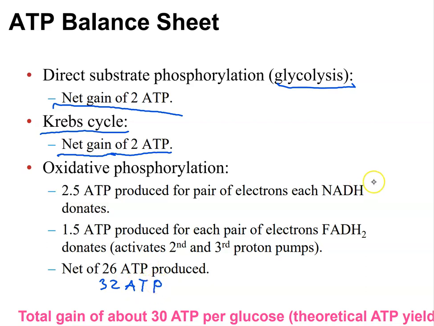We also are gaining a bunch of these NADHs and the FADH2s, with the important part being these hydrogens that then build up a hydrogen ion concentration gradient powered by high energy electrons from these hydrogens. And so we're going to go with a total gain of 36 ATP per glucose. So this is sort of the theoretical yield. Depending on the cellular conditions, it could be varying a little bit. But anyway, for the purpose of this class, let's go with 36 total, 32 from the electron transport chain,